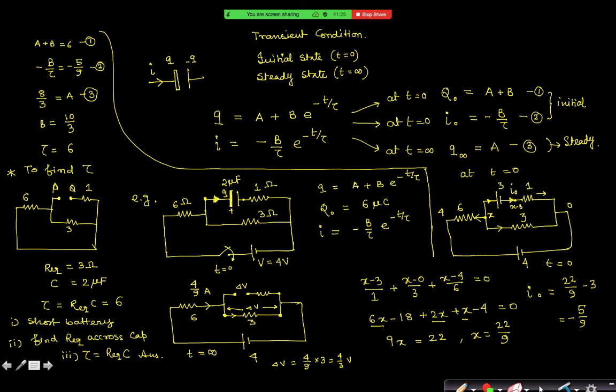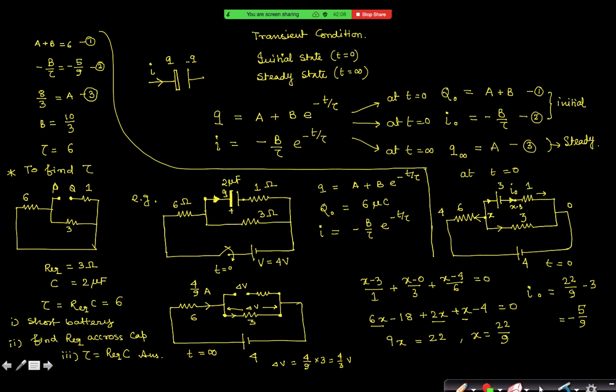Why? Suppose I have two capacitors C1 and C2. The question asks what is the time constant of that circuit. Now my question is, which time constant are you asking? Because two capacitors will charge in different times. They find C equivalent and R equivalent, and multiply R equivalent into C equivalent. That is absolutely not true. So what is the physical significance of the value you get? No physical significance. That is why I say this type of question is invalid.